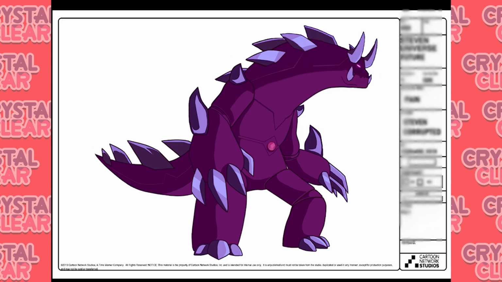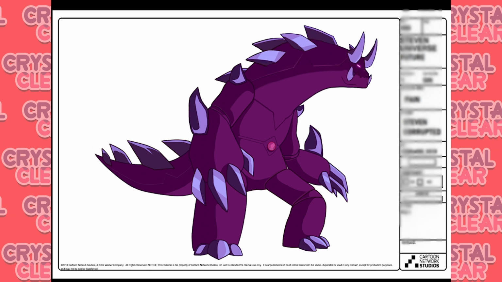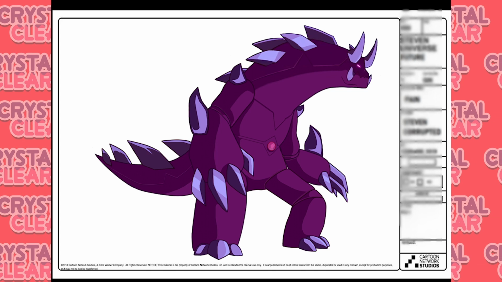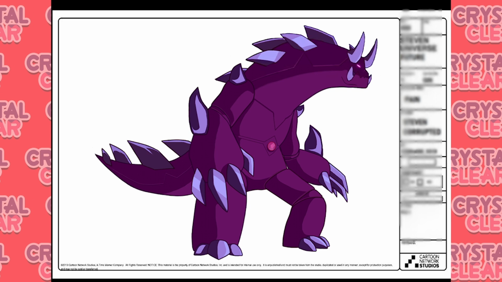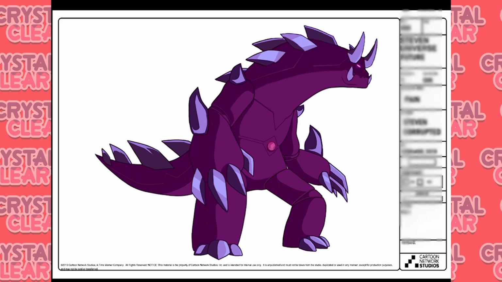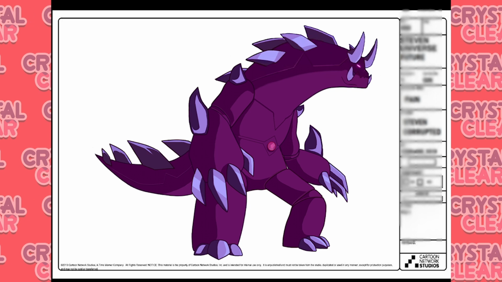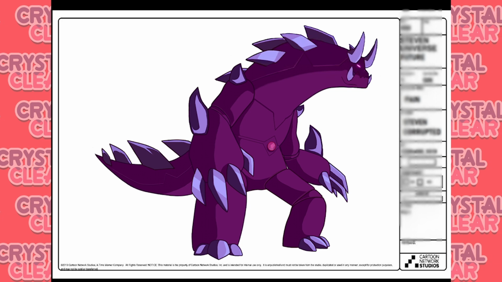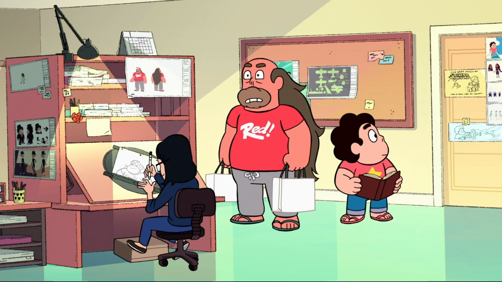So again, just to break this all down, a lack of turnarounds, an improper color palette, they take the pose from the opening still, but again, this was meant to be fan art, this was always meant to be a fan-made model sheet, so please don't go after the original artist. But between that and blurred out details, there are more than enough discrepancies to discern this as fake, and hopefully you may be able to apply this in the future to figure out what other model sheets of unaired episodes could be fake, although they're more than likely all be, as in general, it's not common for the Crewniverse to release model sheets anymore, but also for other shows.